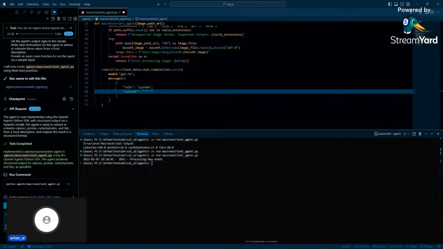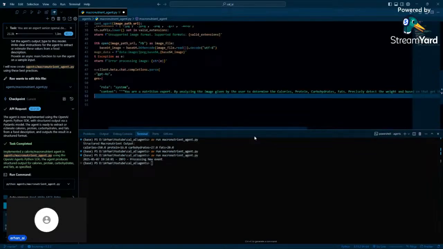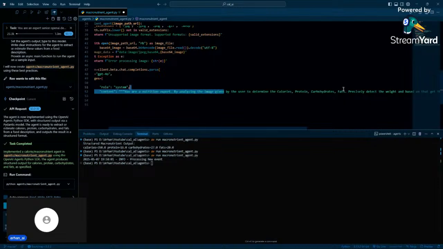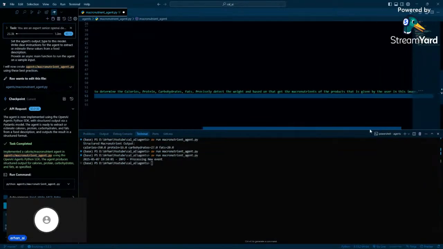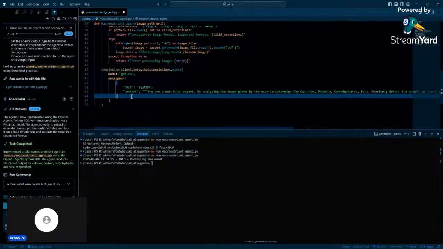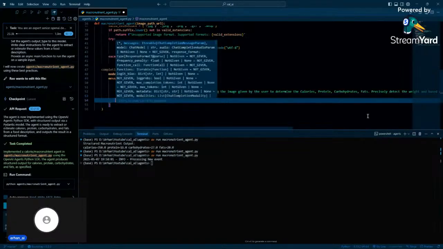I have a prompt that I've been working on from before, two to three days ago. It says you're a nutrition expert, analyze and get the carbohydrate, protein, calories, and those things. It's just what our project wants for now. And then we are adding the